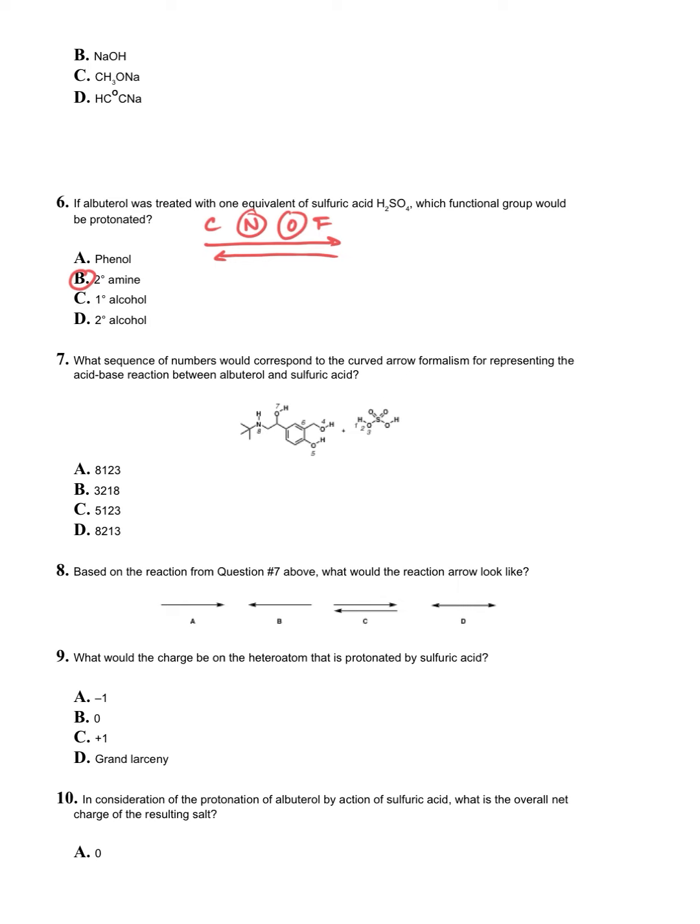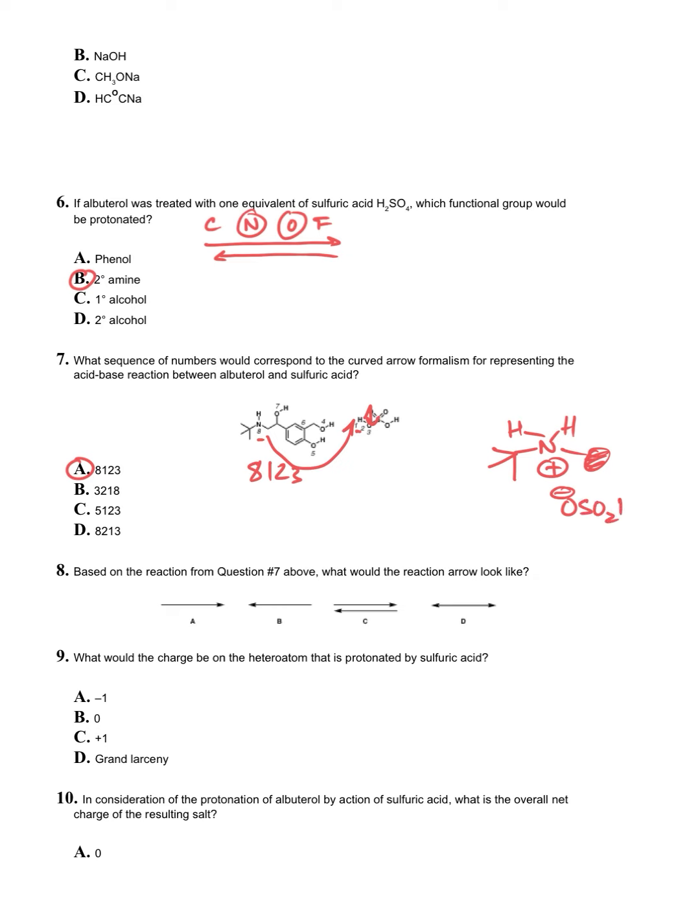And that's relating to question 7, what is the mechanism for how that happens? So the amine is 8, so our sequence starts with 8. 1 is the acidic proton of the sulfuric acid. So we have to do 8-1 in terms of drawing the arrow, and then we're breaking 2-3. So the correct answer here was A. So that's forming this ammonium salt, which I'll just use that for the rest of the molecule, the nitrogen plus, then you get